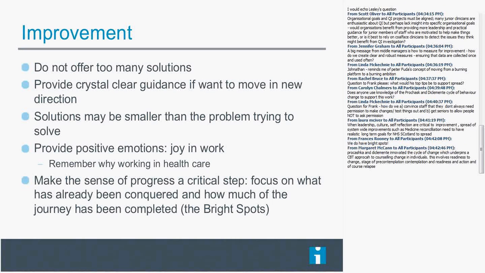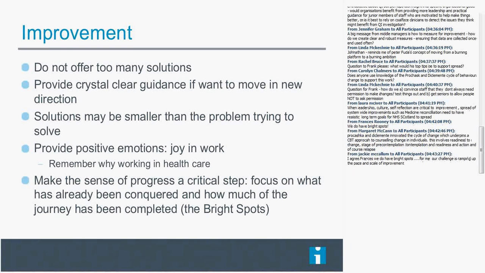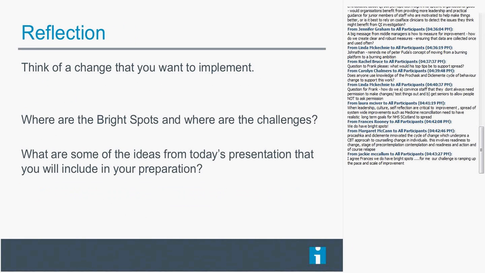Many times we refer to the example from the National Aeronautics and Space Administration where a group of visitors found a person who was sweeping the floor and asked him, well, what's your job here? And the person said, my job is to help put a man on the moon. Within your organizations, what is it that people come to work to do? Remind them that in healthcare, we are there to provide good care for patients. We're there to help patients get better. And no matter what you do within the organization, your role is to always help us achieve that goal. And focus on what has already been conquered and say, look at how well we've done in this area. And now let's figure out how to do it better in other areas.